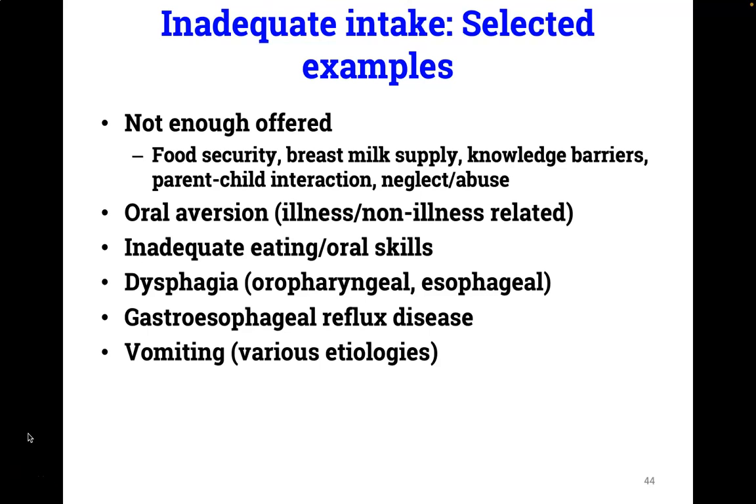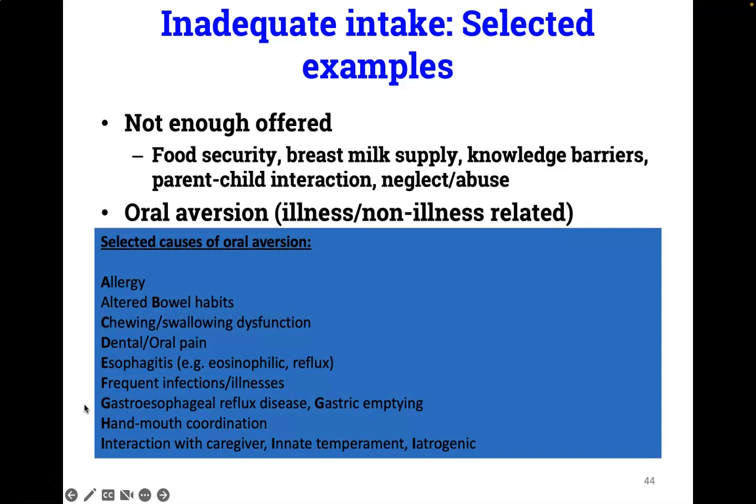Oral aversion can be due to various factors, and I use a little bit of a mnemonic here to help me remember the A, B, C, D, E, F, G, H's, and I's. So you can see these are things that will come out through the history, but are just things to consider. So allergy, altered bowel habits, chewing or swallowing dysfunction, dental issues or oral pain that's leading to difficulties, esophagitis due